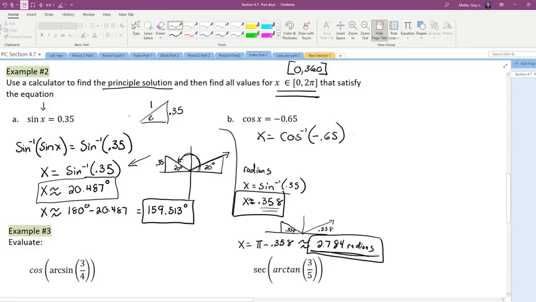Now, I should expect an answer to that question that's in quadrant 2 because the ratio they gave me for cosine is negative, and I know it's negative in quadrant 2. Now, I'm in radians, so it may not be perfectly obvious that we're in quadrant 2 when we do this. Let's find out. The inverse cosine of negative 0.65, I get an answer of x is approximately